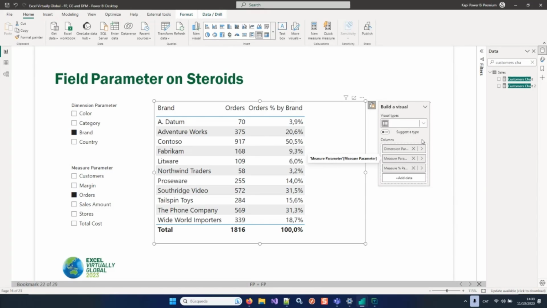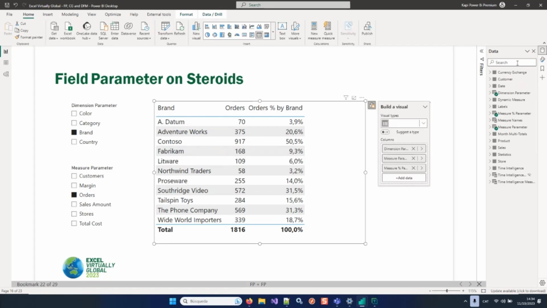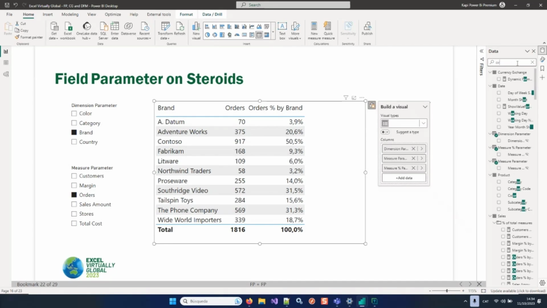That's the question. Because the definition of this measure changes depending on what we're selecting here and what we're selecting here, because the filter we need to remove is different. So here, orders percentage by brand. This is a measure that I have. Orders